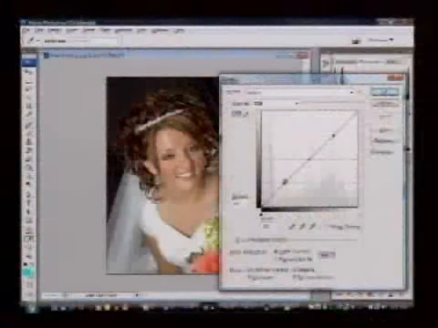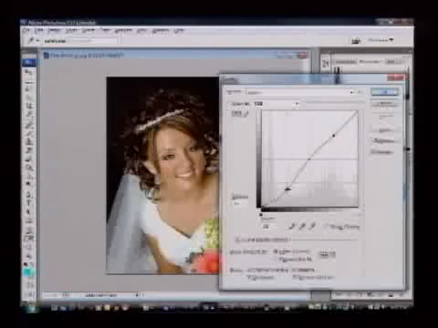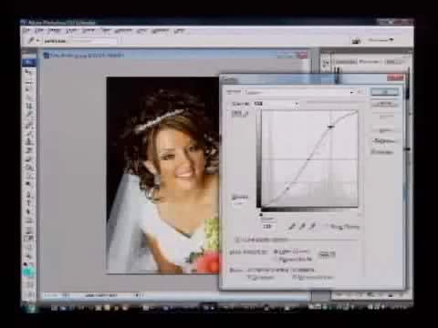Okay. All right. So what we're going to do here is I'm going to take the darker values, so our point down here, and I'm going to shift them down and make them a little bit darker. So you can see that her hair got kind of darker. Didn't affect her face. Didn't affect her dress. And the other thing that I'll do is I'll take and move the upper values a little bit upward. And it's probably a little bit much, but